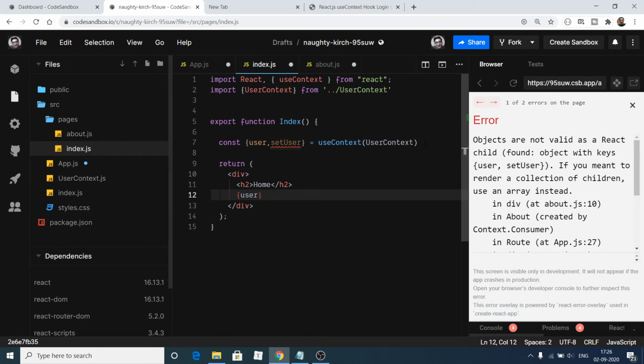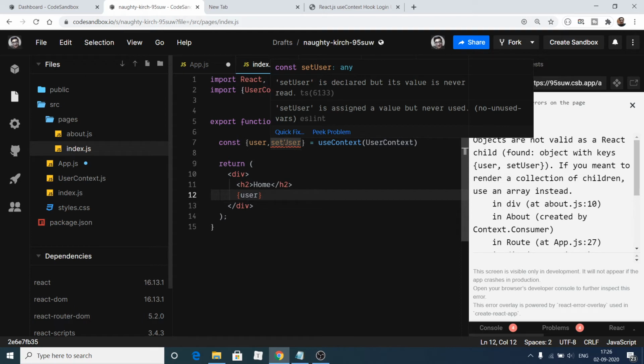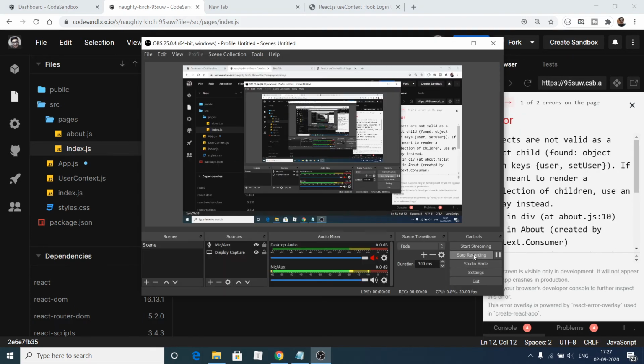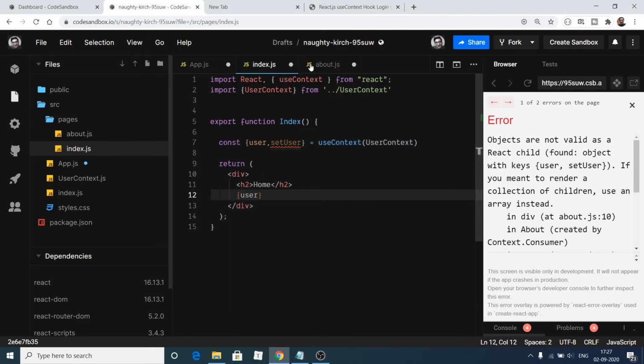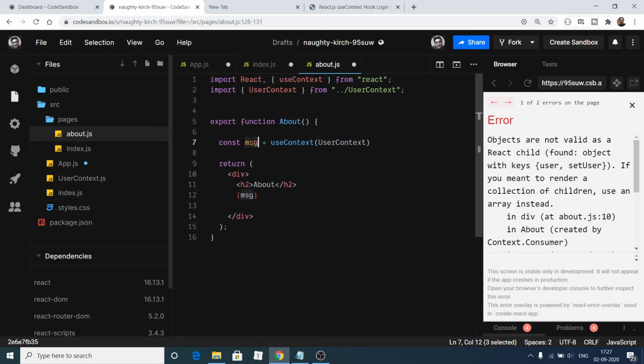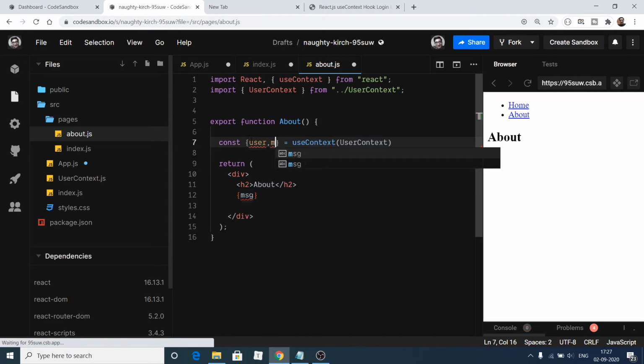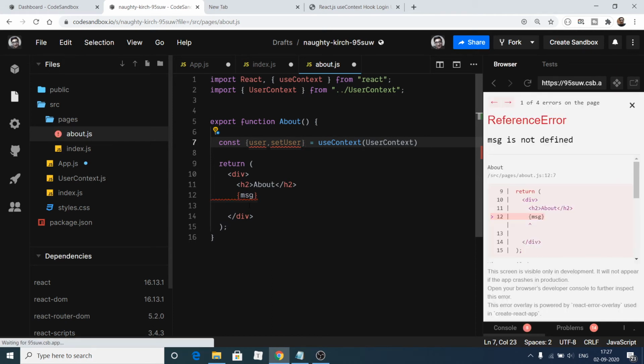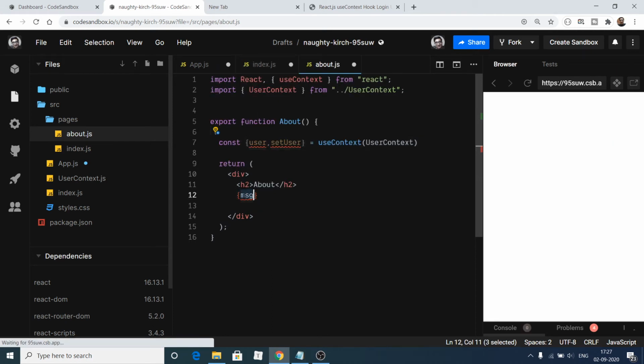So we need to do something like this, user comma user. So this error is coming because we have to make the same change inside our about component also. So here we can access user comma set user inside single curly brackets, sorry, and here we can change the value to user.